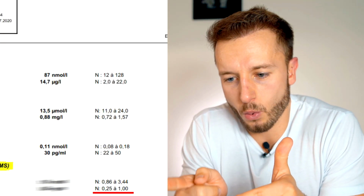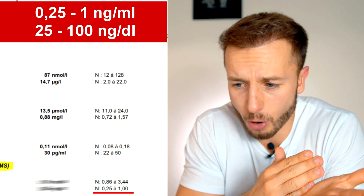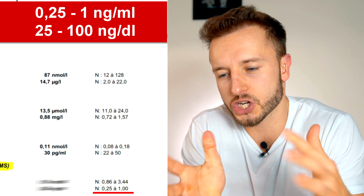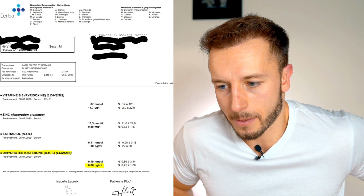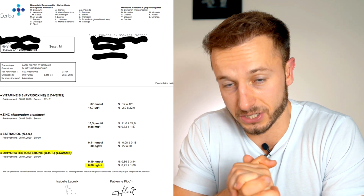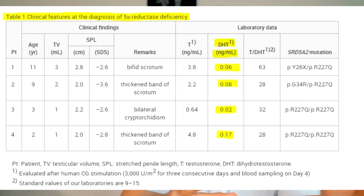The laboratory where he got tested has a reference range for DHT from 0.25 all the way up to 1 nanogram per milliliter, which is 25 to 100 nanograms per deciliter. His result is 6 nanograms per deciliter of DHT, or 0.06 nanograms per milliliter, which is a really low value, which can be commonly found in men with 5-AR, 5-alpha reductase deficiency, and thus inability to convert testosterone into DHT,